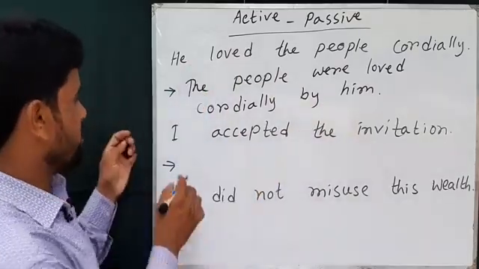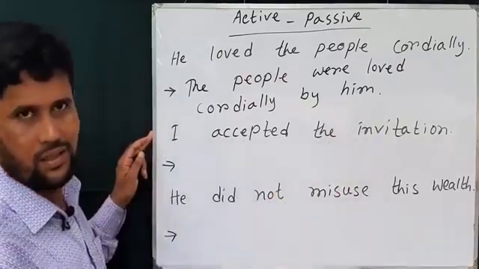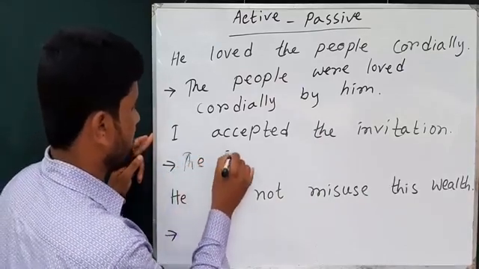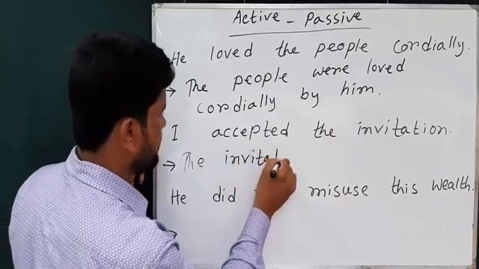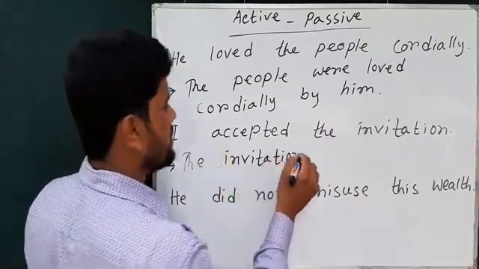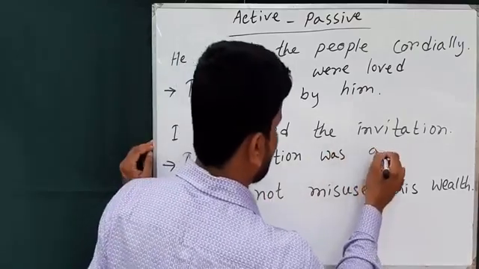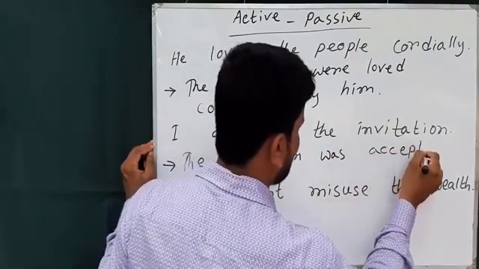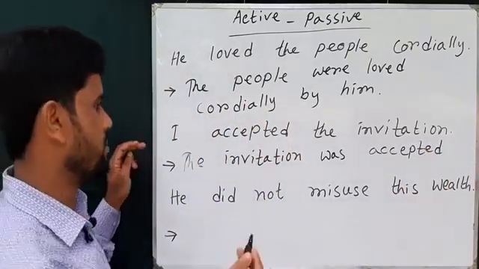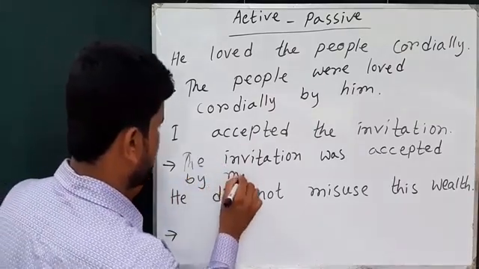And now here you see I is the subject, accepted is the verb, and the invitation is the object. So first, you turn the object into the subject. যেহেতু এটা পাস্ট ইনডিফিনিট টেন্স, আমরা ইউজ করব ওয়াজ অর ওয়ার। ইনভিটেশন সিঙ্গুলার, ওয়াজ, অ্যান্ড অ্যাকসেপ্টেড আমি ইতিমধ্যেই বলেছি যখন আমরা ভার্বের শেষে ইডি পাবো তখন পাস্ট পার্টিসিপল ফর্মটা সেম হবে, অ্যাকসেপ্টেড। অ্যান্ড দেন বাই, আই এর অবজেক্ট হচ্ছে মি।